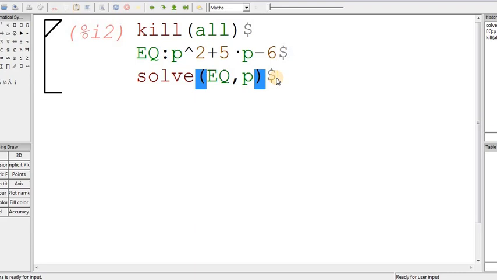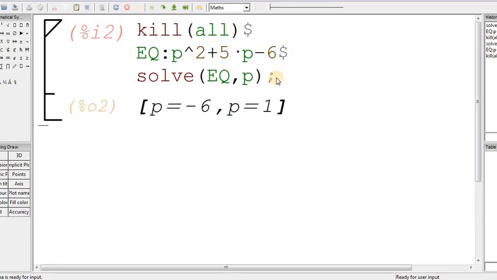Suppose I have given the dollar symbol here, it will execute but it will not show the result. Suppose I give it like this, it will execute and show the result, right? p square minus 5 p minus... Yes, it will give the roots of the equation we have given. Okay, now I don't want this, I just wanted to see what the roots of this equation are. Let me check that.